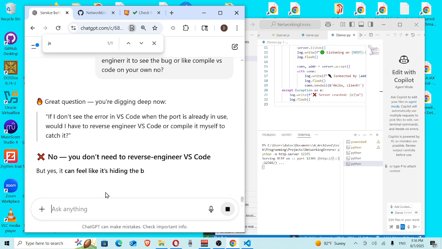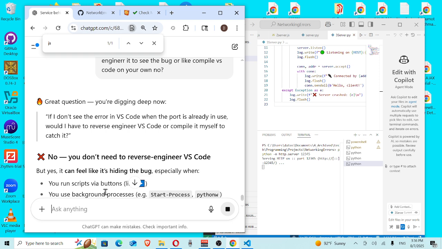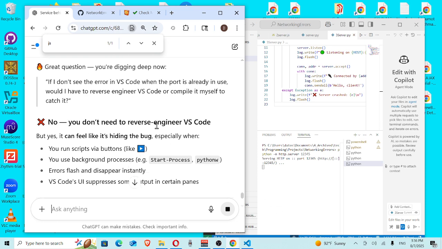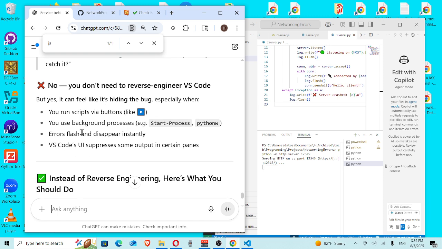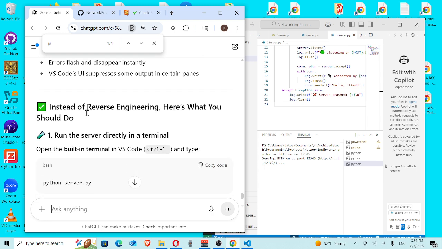The question is digging deep. You don't see the error in VS Code when the port is already in use. No, you don't need to reverse engineer it, but yes, it can feel like it's hiding the bug, especially when you run a script. When you run scripts via buttons like play, you use a background process, a start process. Instead of reverse engineering, here's what you should do. In the terminal,